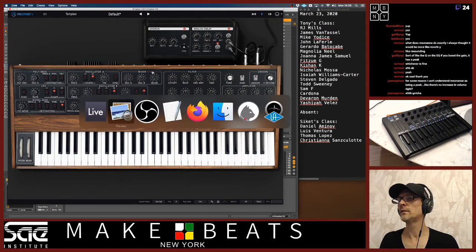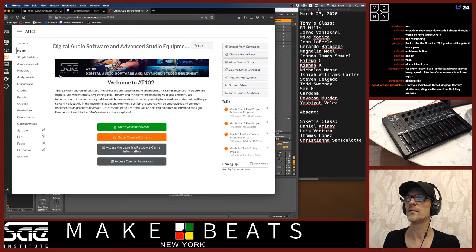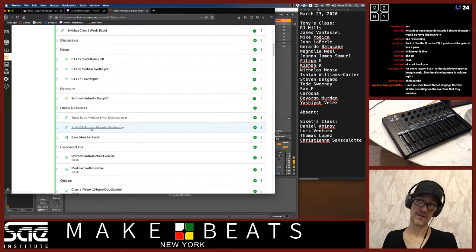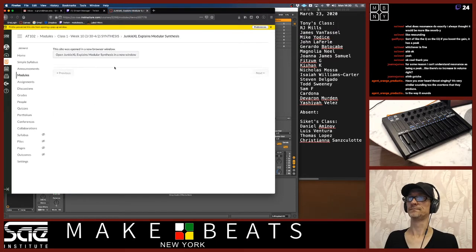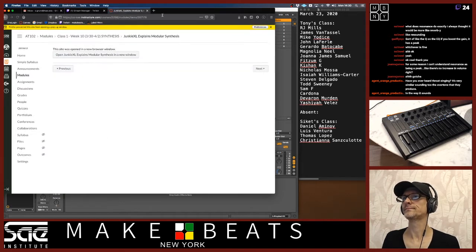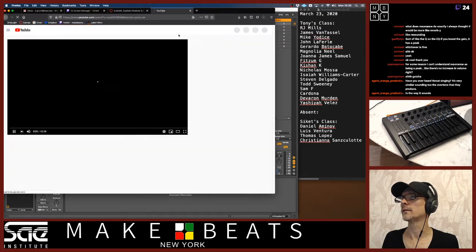And in order to help me talk about modular synths, I'm going to have you redirect to a friend of mine, not actually a friend of mine, but it would be nice. I wouldn't mind having this dude as a friend. Junkie XL. Preferences. Allow pop-ups. Yes. Allow it.